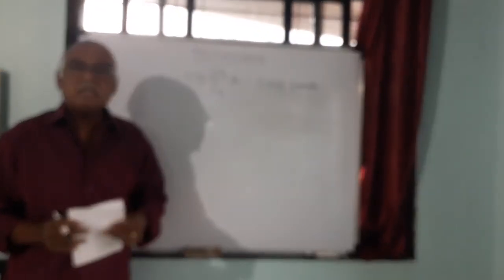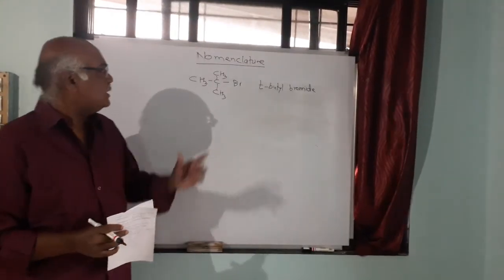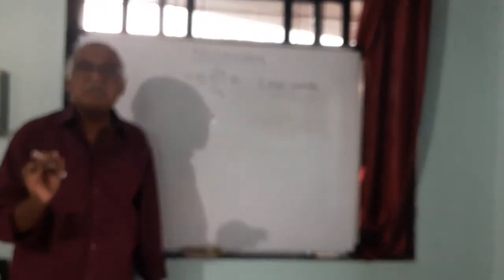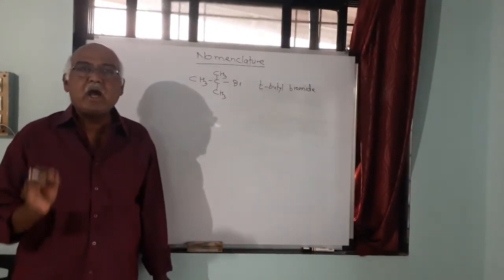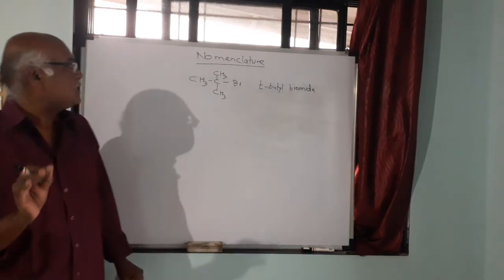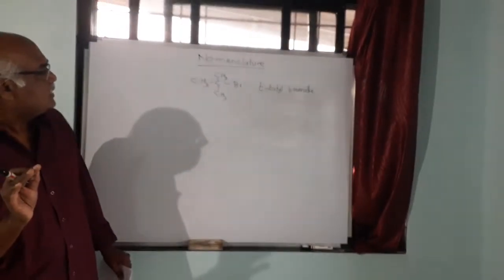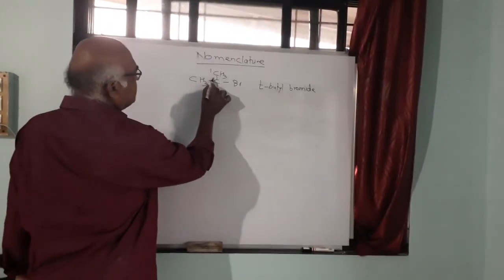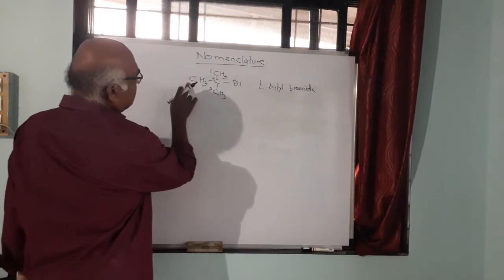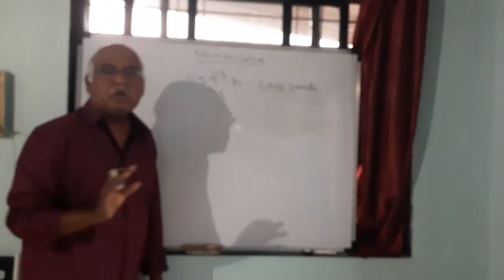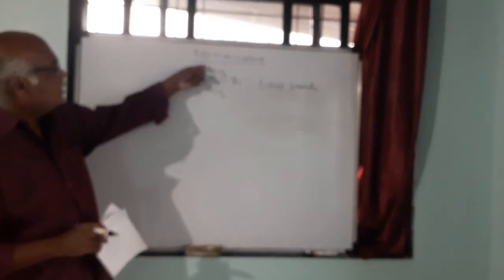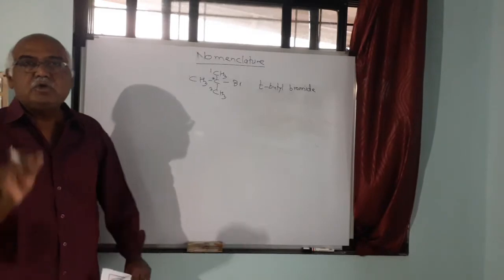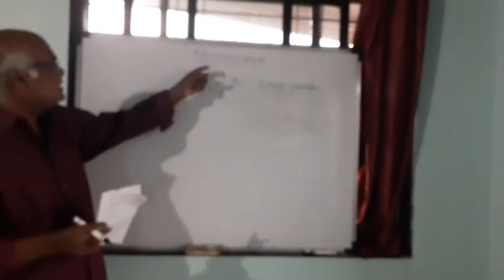But then next thing you have to see: when there is branching of the carbon atoms, you have to select the longest possible straight chain of carbon atoms. You have to see how many carbon atoms are there in the straight chain. Now if I see this particular example, I will find that there are 3 carbon atoms in the straight chain at maximum. If I start from left to right, then there are only 2 carbon atoms. But when I take from top to bottom, there are 3 carbon atoms, or from bottom to top, again there are 3 carbon atoms. So you have to take the longest possible, that is 3 carbon atoms.